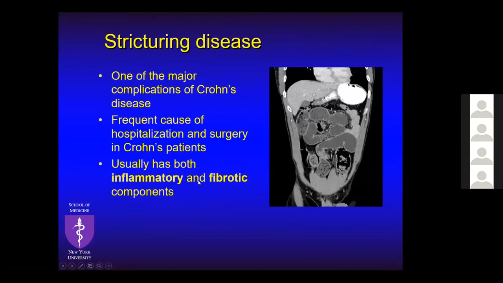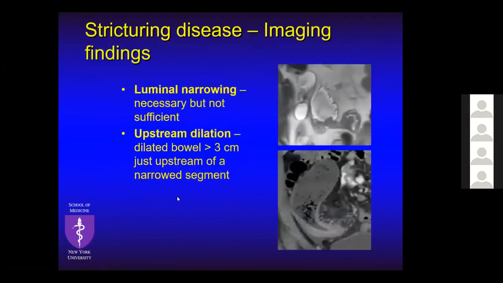One of the major complications is these strictures. Here you would say, okay, that looks like it's going to be a stricture. You've got proximal bowel dilatation. But a lot of the time it's a mixture of both active inflammation and a fibrotic component. So how good is luminal narrowing? You definitely need to have it, but it's not sufficient. You would like to have upstream dilatation to suggest that this is actually a fibrostenotic stricture,